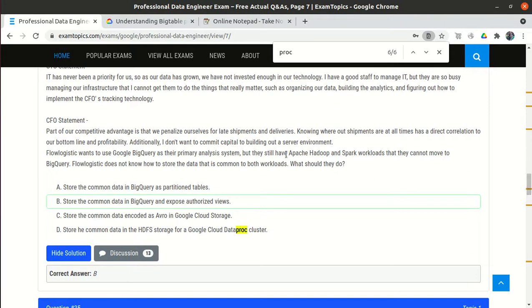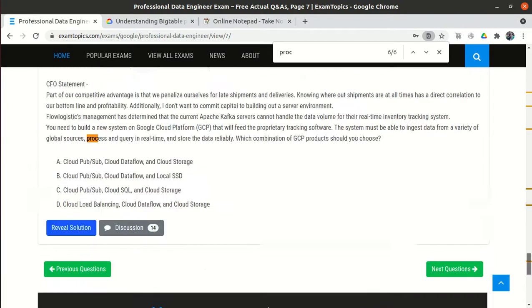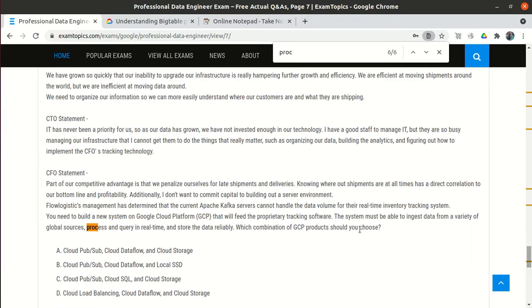Here it is mentioned Apache Hadoop. Wherever we have Apache Hadoop and Spark, there we will use Dataproc. But if Hadoop is not mentioned, and it is Apache Kafka or Apache Beam, we will use Cloud Dataflow. So for the real time we will use Cloud Pub/Sub. For Apache Kafka we will use Dataflow, and for the storage we will use Cloud Storage.